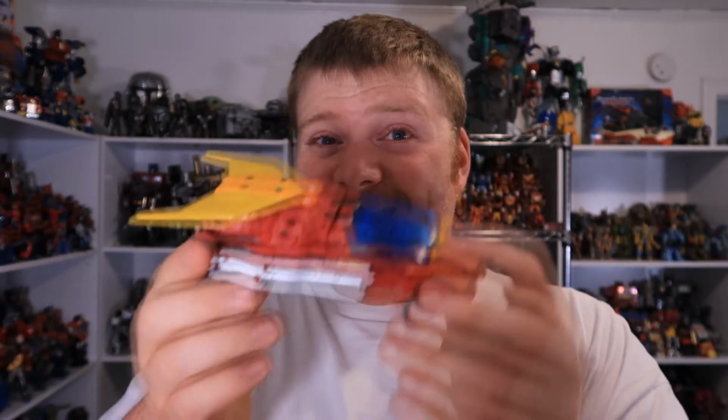Yeah, that transformation, while slightly frustrating at times, because there's a very clear order that you have to do them in. And if you don't look at the instructions like I didn't, and still haven't, you're pretty much screwed. But you get there in the end, kind of, sort of, with only minor stress marks. That does kind of make me worry about the longevity of this mold, but I